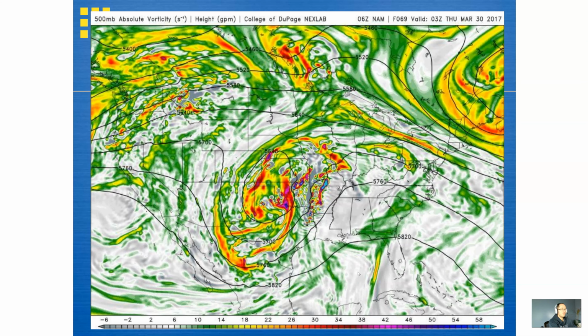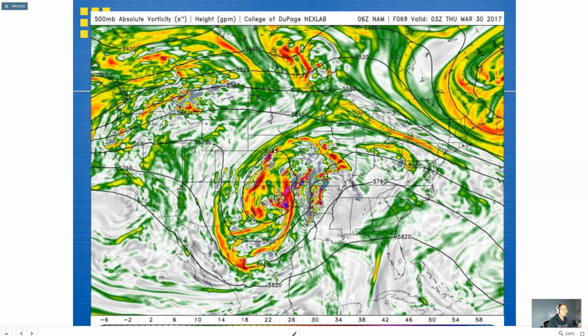And so this map from a few years ago shows 500 millibar absolute vorticity, again combining those two parameters. We'll talk a little bit more about this when we get into the Pythonic portion of the lecture, but we're going to have very small values of spin, and so we're going to have to scale those in order to have them show up on a map. And so here at the bottom you can see the scale. We work our way from slightly negative values all the way up to values in the 30 and 40 range.